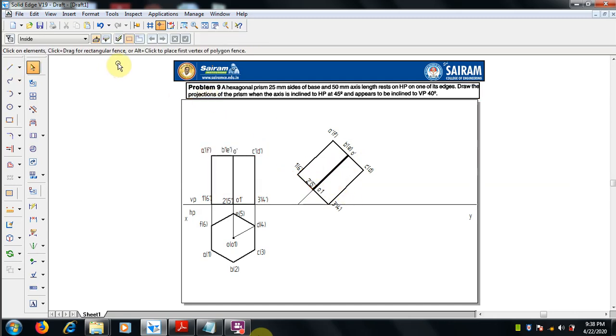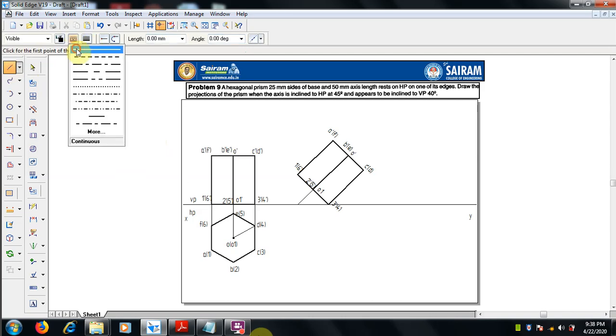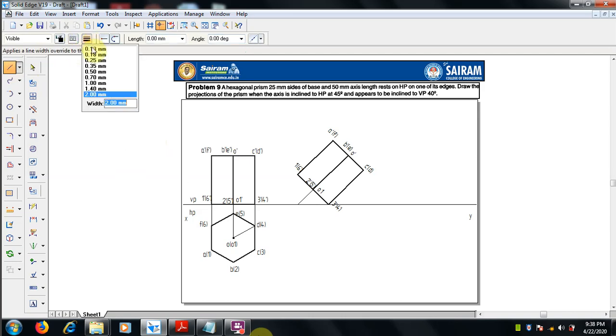Thickness is 0.5. Angle, let me check reference with this. What is the axis? Center axis should be there, and we can draw projection there for the top view.